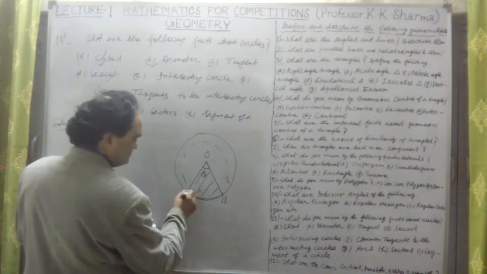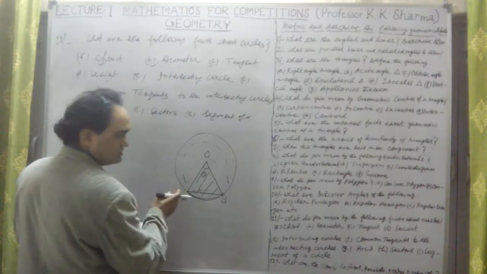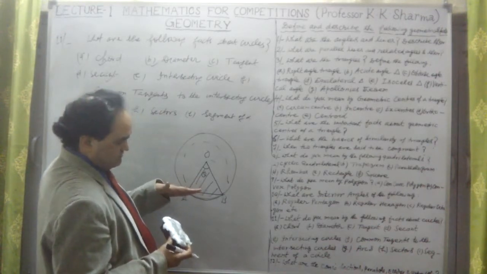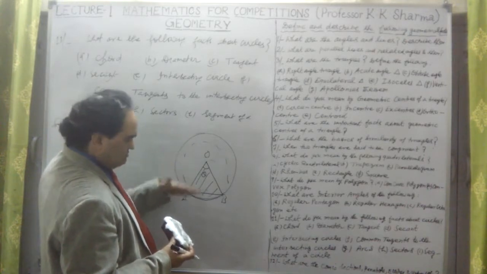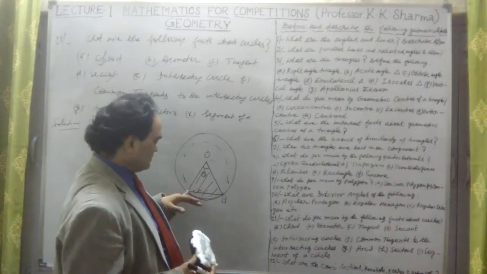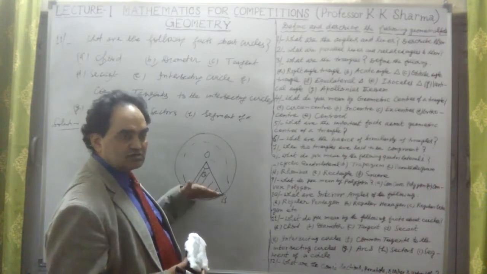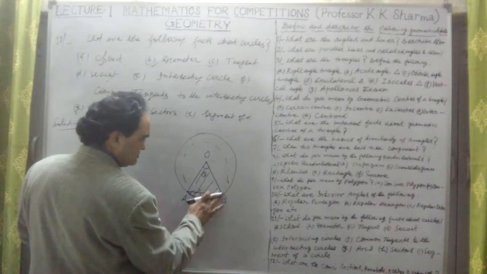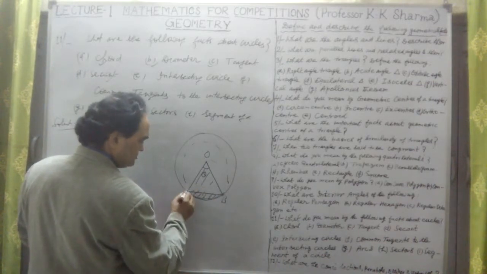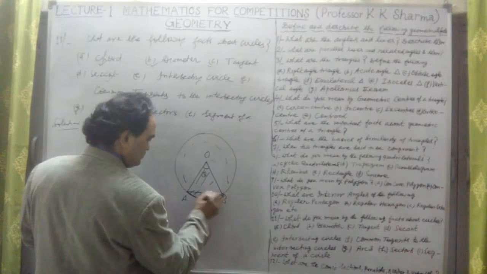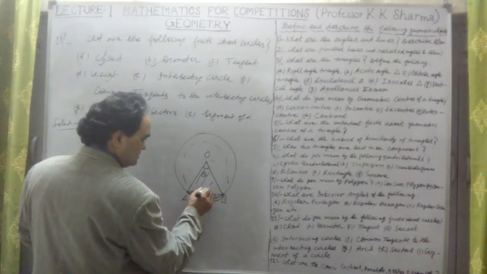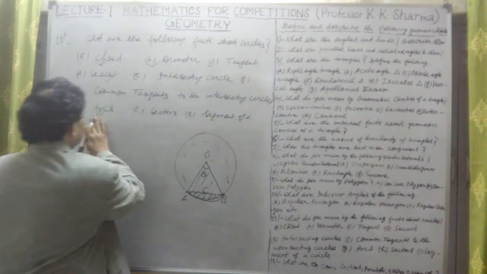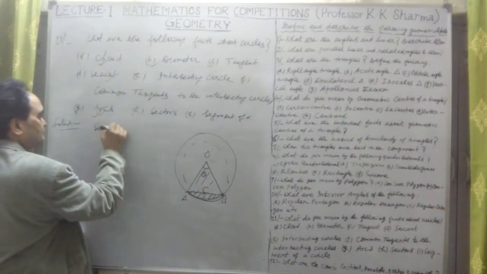Now what is a segment? A segment is the area of the circle which is below the chord. The area lying between the arc and the chord is known as a segment. This is a segment here. If I take a point C here, it is lying on this straight line. Okay, so a segment is